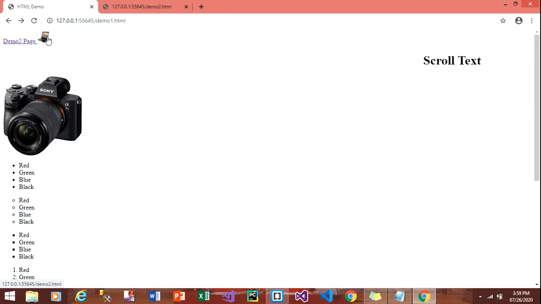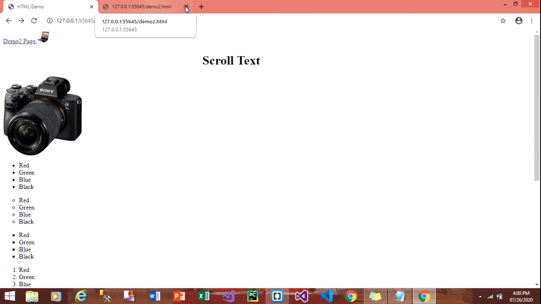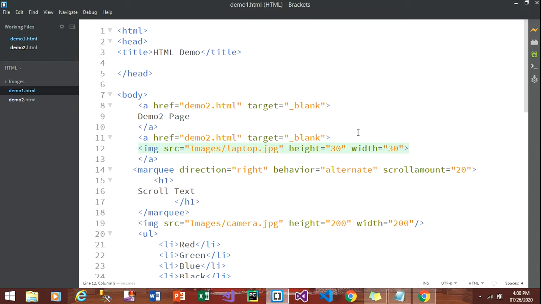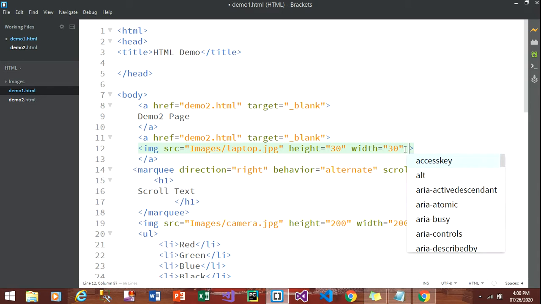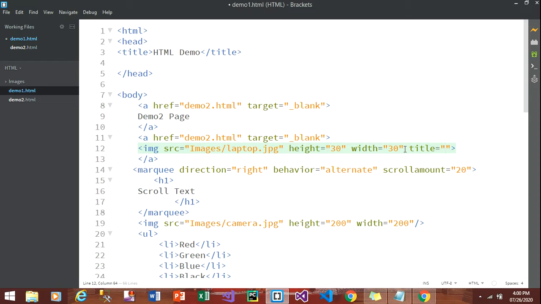If you check, the icon is a hand. So when you click on this, it will again open the demo 2 page in a separate tab. Now we are getting the result as expected. But now if you place your cursor onto the laptop, you are not getting any information about what the link is about. So if you want to give this hint to your user, you can simply use title. So I will say demo 2 page. Inside the title I have written demo 2 page. I'll simply save.